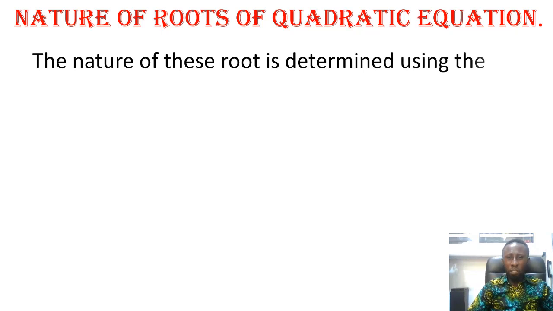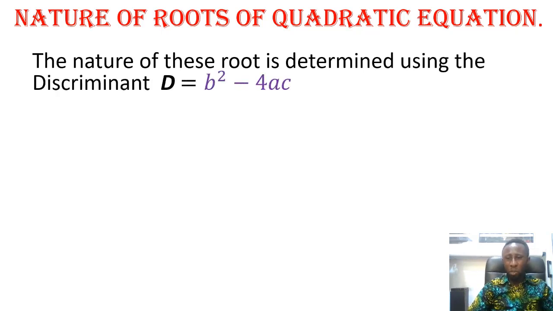So the nature of this root is determined by using the discriminant. That's D equals b squared minus 4ac. When we were proving the quadratic formula, we saw b squared minus 4ac, right? Now,